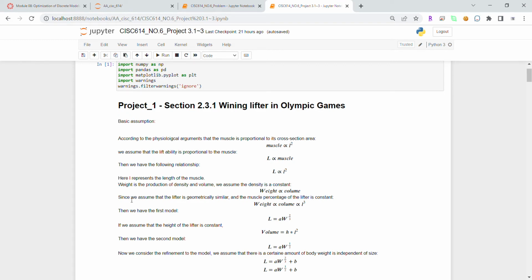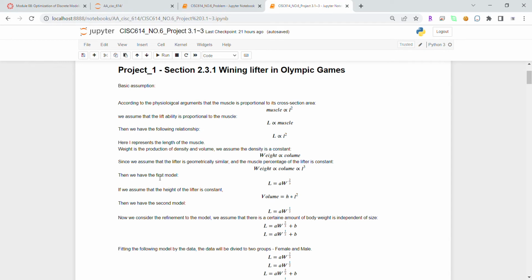Since we assume that the lifter is geometrically similar, the muscle percentage of the lifter is constant. So we have this relationship, which is the weight is proportional to the volume, and the weight is proportional to the cube of the length. So then here we have the first model from the assumption, which is the